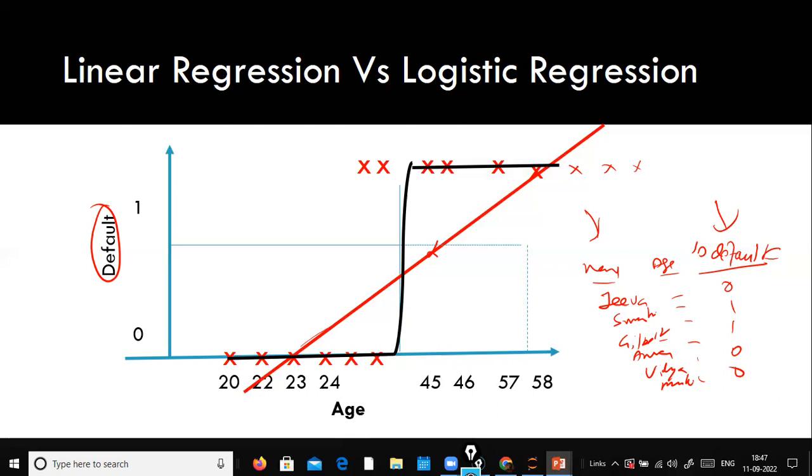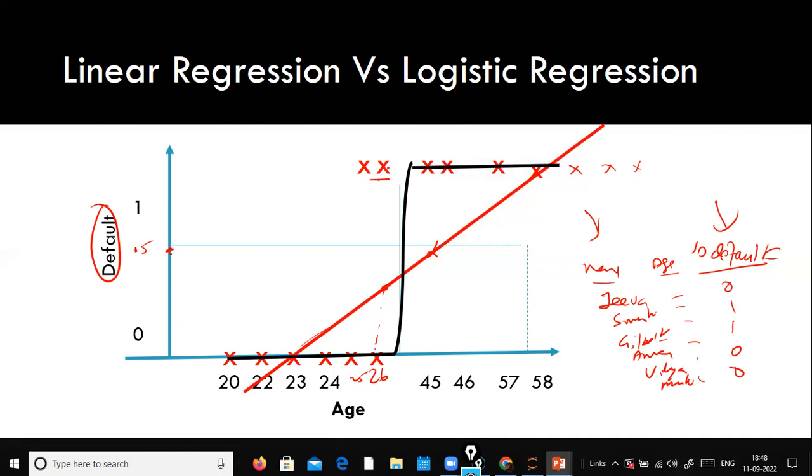Okay, what other issues? There could be chances that it can do a misclassification. For example, this customer is a defaulter. Say you have a 24, 25, 26-year-old customer. When you fit a straight line, the predicted value for age 26 comes here. If you draw a line here, let's say this is your 0.5 probability, and if you see here,